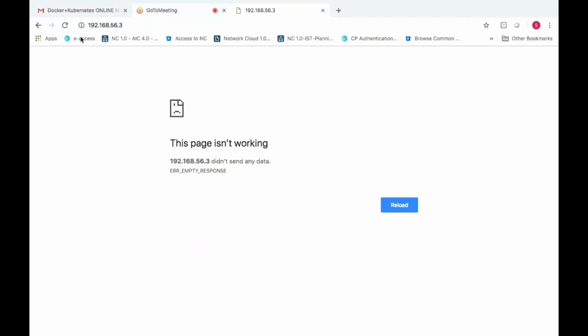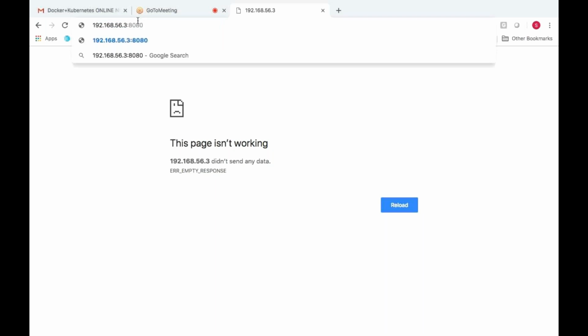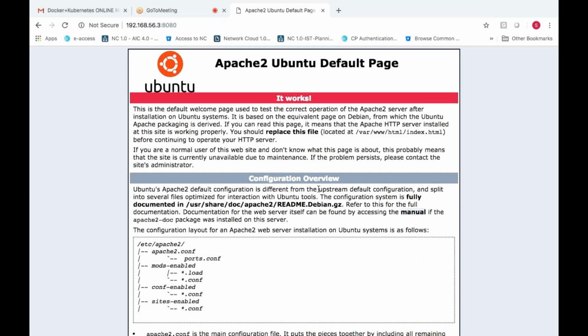Let's start. My host machine's IP address, colon 8080 is the port number. You can see this is the application which is running in the container. If you want to see the proof, let me try to do one thing.